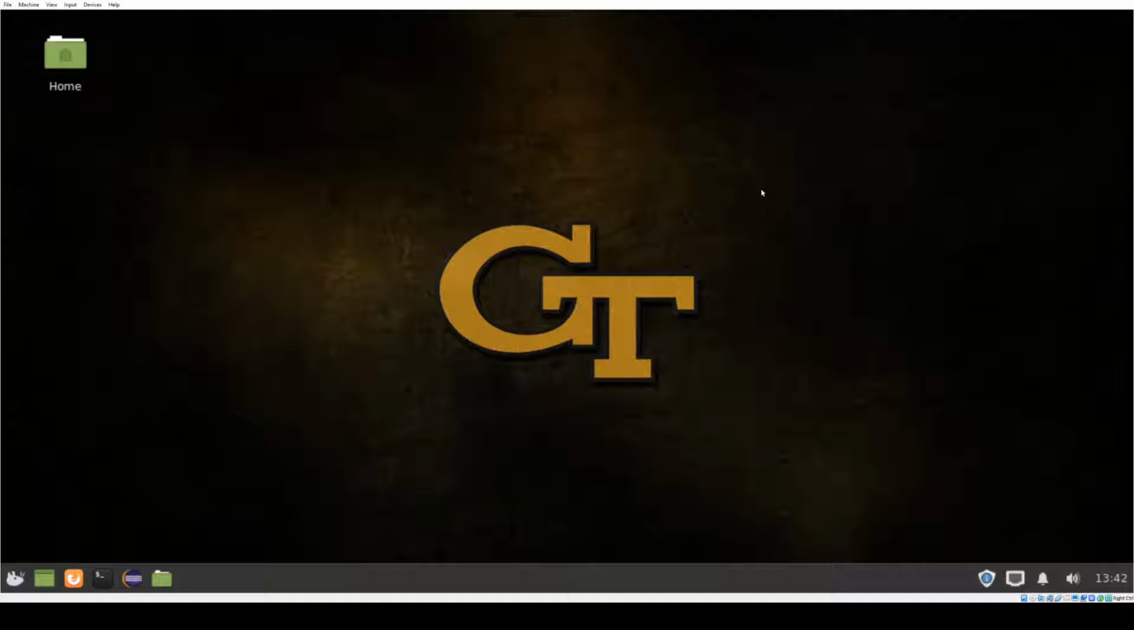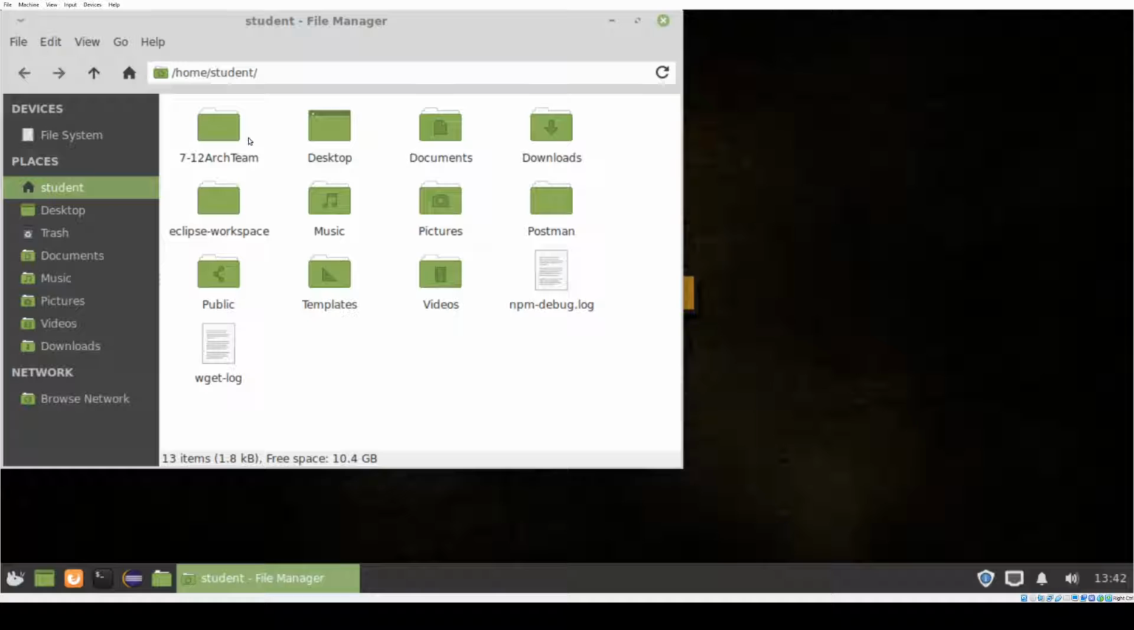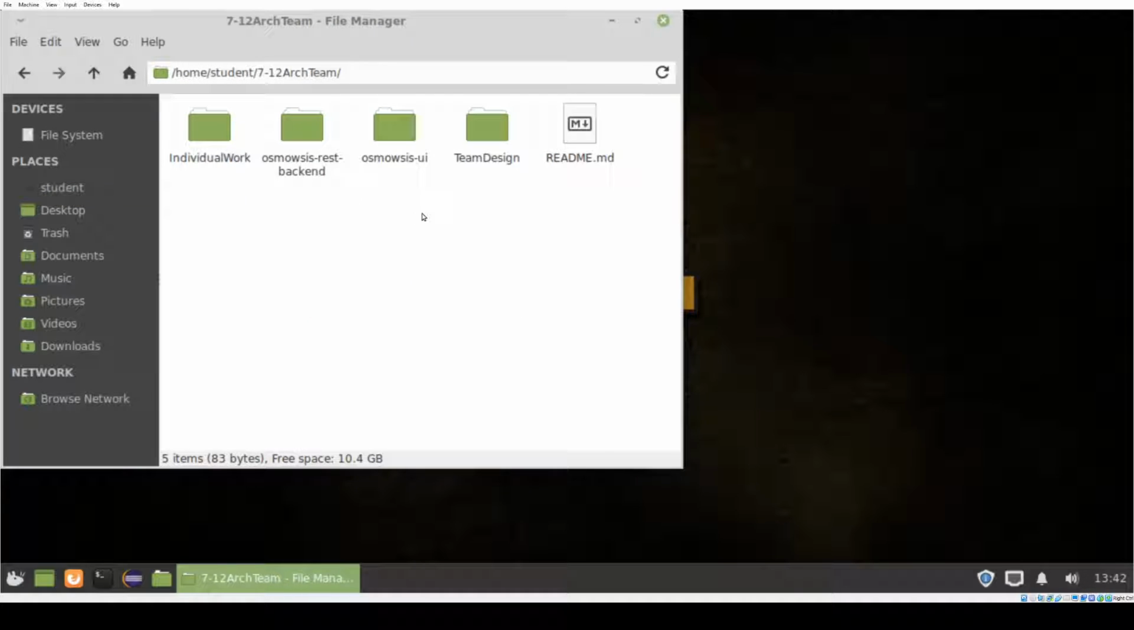And in order to get to this desktop, the way you do that is enter student for the username and student for the password. Now let's go ahead and double click on home and you'll see that we have the 7-12 Arch team. That's the name of our team. So we double click on that, and the first thing that we want to do is go ahead and start